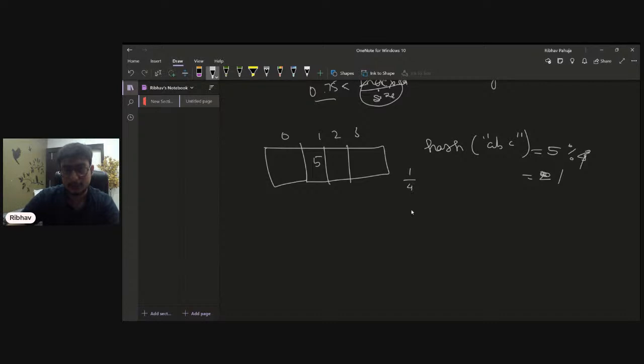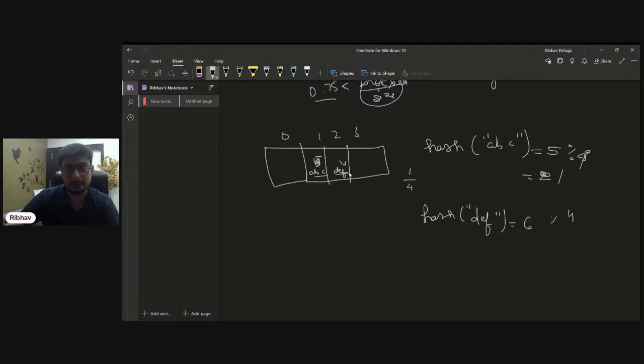Then let's say I calculate the hash of DEF. It comes out to be, let's say, 6. Mod 4 becomes 2, and I place DEF here.